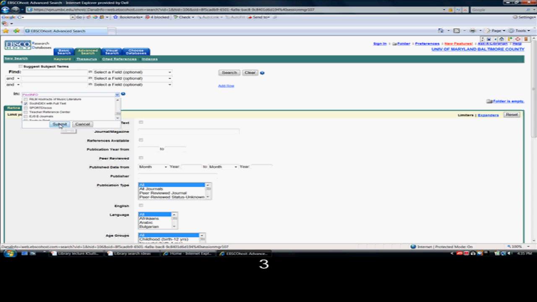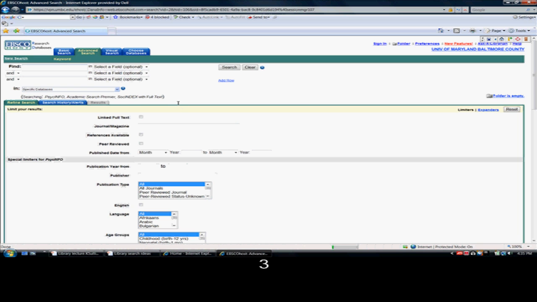So once you check these and click Submit, you will note that now when you go to run a search, you are going to be running a search through, and it'll be searching articles in the PsycInfo, Academic Search Premier, and the SOS Index. Okay, so at this point we're probably ready to run our search. One thing that we should be thinking about